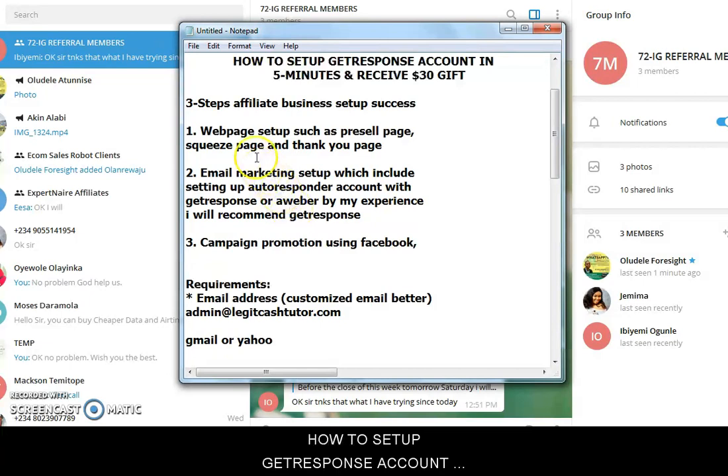So having got these 2 right, setting up your web pages and your email marketing, it is time for you to run a campaign to promote your product using Facebook or any other advertisement platform that is good for you.